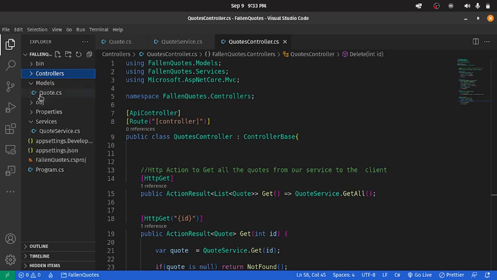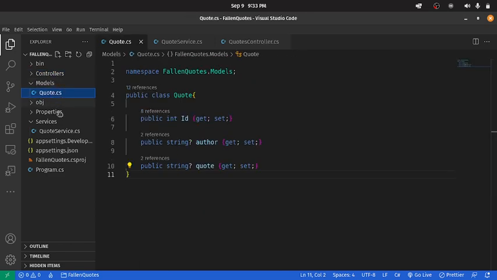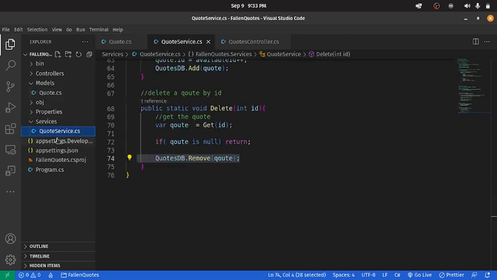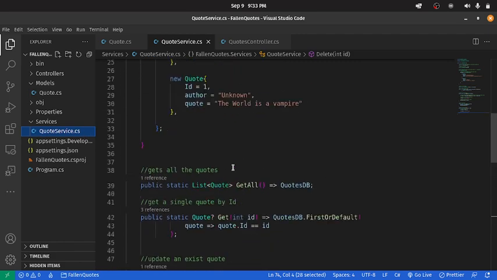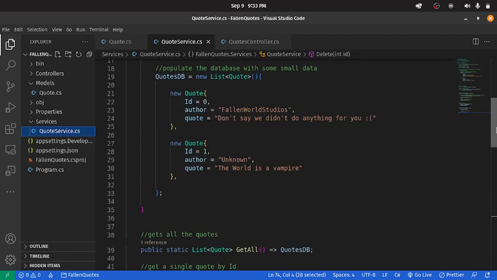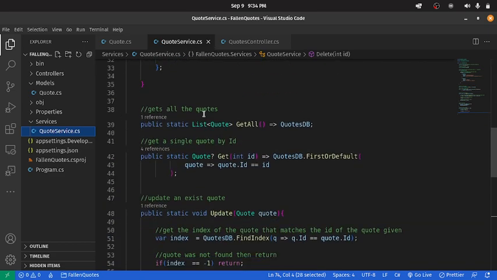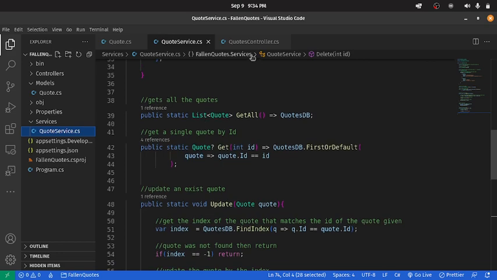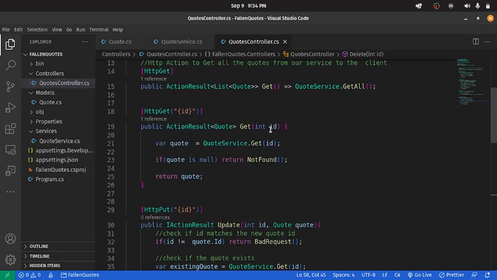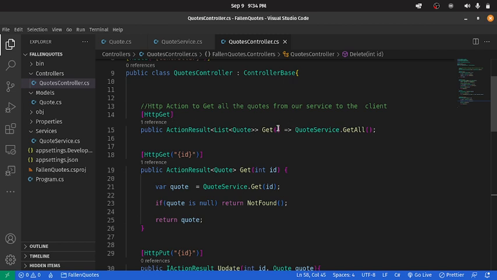So what we did here is we added a models folder and created a single model, and then we created a services folder and created a single service which corresponds to the model we created here. And the service is the logic that handles all the requests from the controller, right? So whenever the controller receives a request, it calls the service. So the service then processes the request from the controller, right? So for example, if the codes controller wanted to get all the codes, the codes controller will get